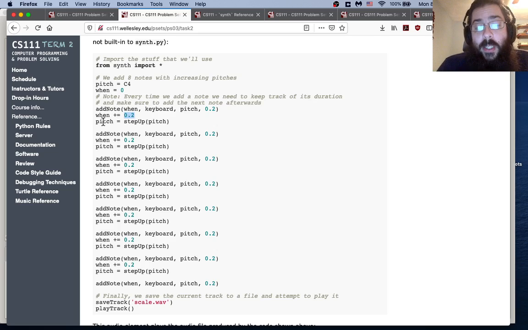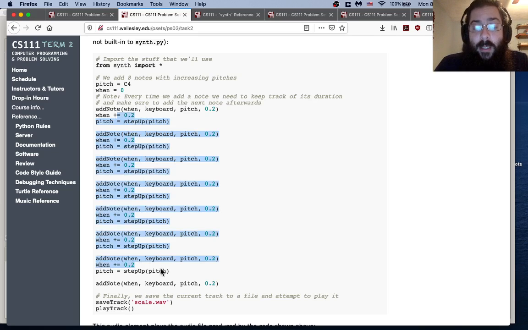So I also take this pitch variable and I compute a value which is one step up from that, and then I replace the value of that variable with the new value. So I'm stepping up in pitch. Those two things are going to basically step me forward in time and up in pitch. And then I use those same parameters again, but now with different values. And I repeat that process over and over again,